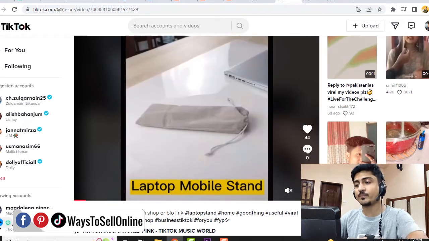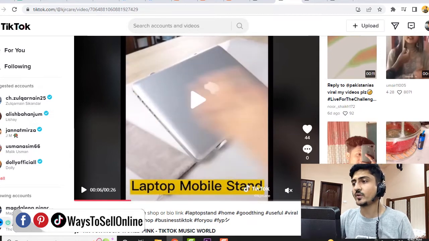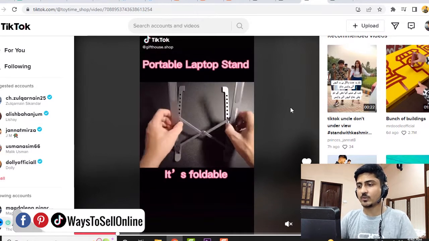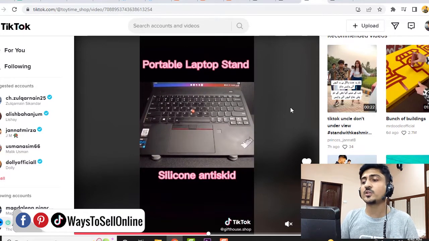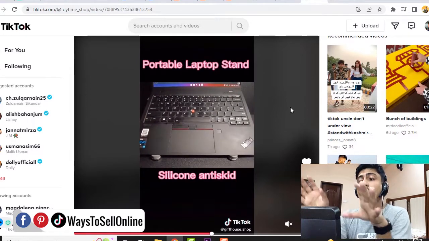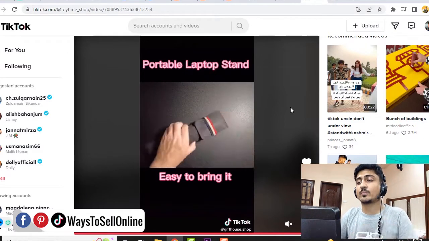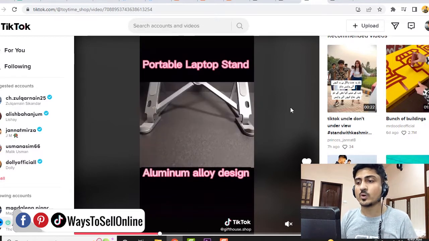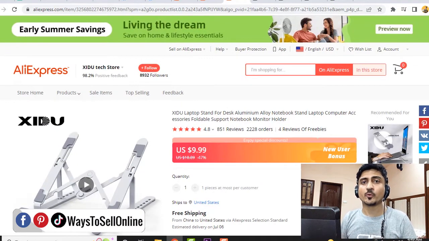So you can see that this is the same product but a different video, having music only and text only. So if I pause that video and open the second video, you can see again the same product. You can see that they are unboxing, they are unfolding that stand, they are putting the laptop on it, and they are showing the features. Because I'm a computer techie guy and I use my laptop 8 to 10 hours a day. So if you ask for my honest opinion, I would love to buy this product because I'm using my laptop right now, and this product is really eye-catching for me. So for all those people who are tech lovers, who are lovers of the laptop, they would definitely consider buying this product. So the same strategy you have to put on each and every product.